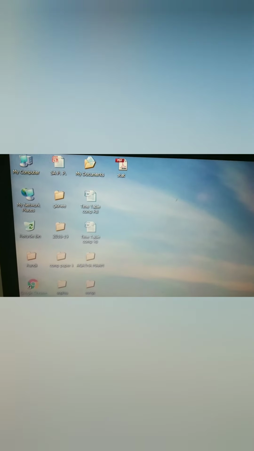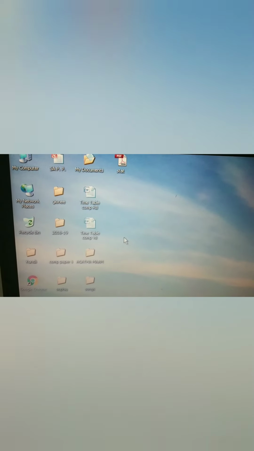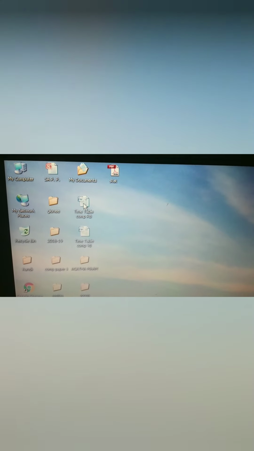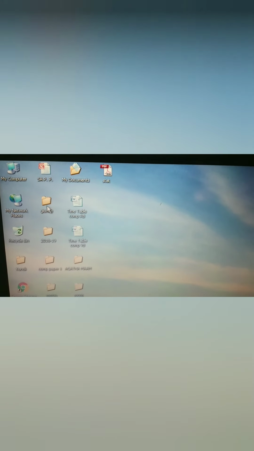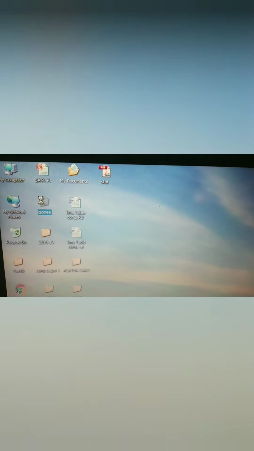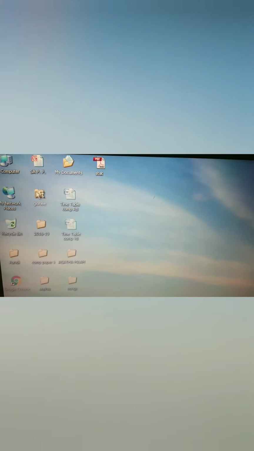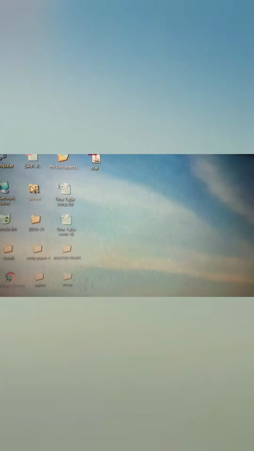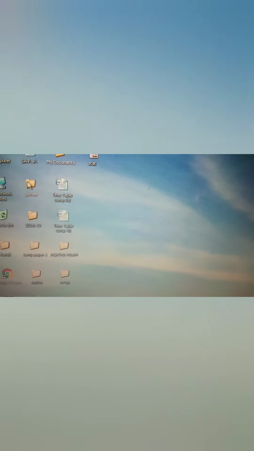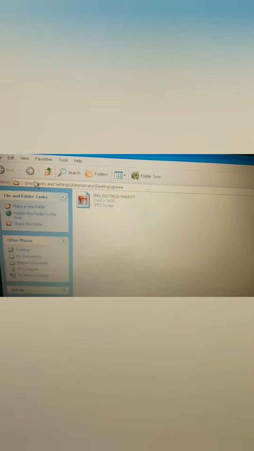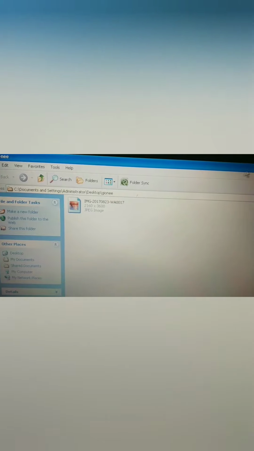When we double click on them, they will open up like this. When I double click on any of the icons, it will open up. As you see, this icon opens up.